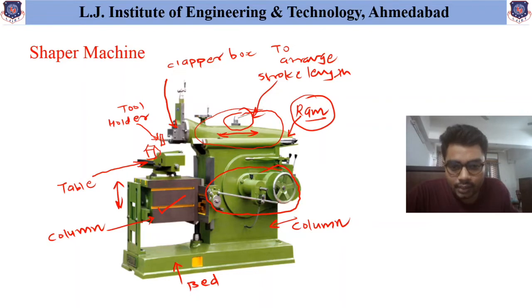Now the another part which you can see over here is the gearing mechanism with this particular shaft, and this part is used to maintain the automatic feed movement of the work table for the automatic machining process. The mechanism which is used, we will also discuss in our further topics. So these are the basic parts available in the shaper machine, which are helpful to obtain proper machining operation.